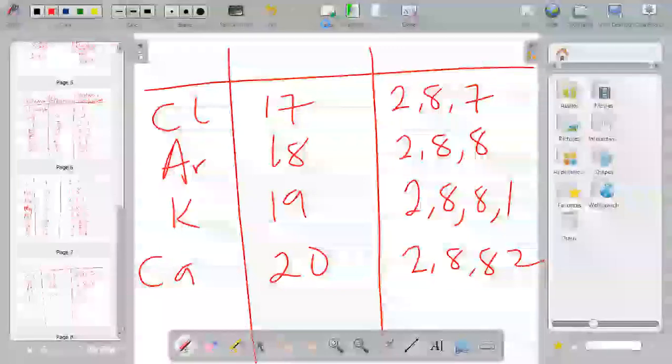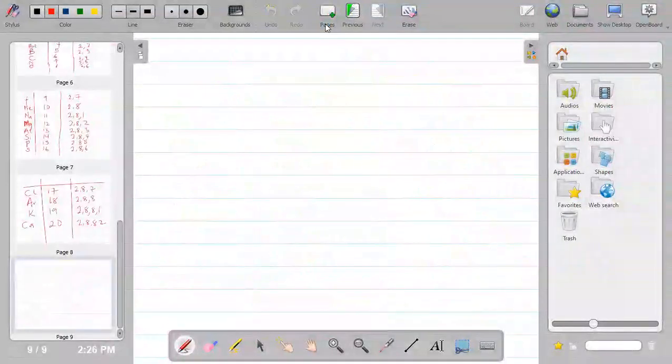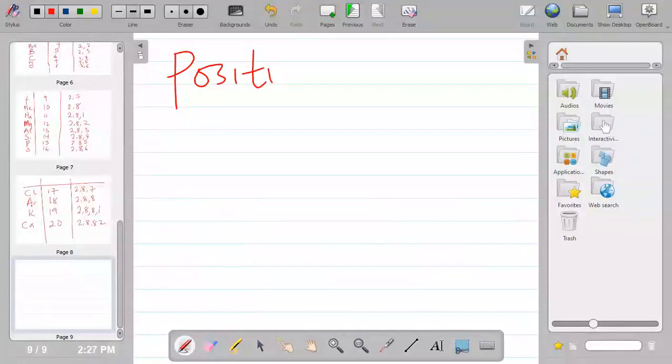So with this, I believe we now understand how electronic configuration works and how the atomic structure of an element is positioned and drawn. Now, we understand that the arrangement of electrons into shells of an atom is referred to as electronic configuration. How is the electronic configuration significant to the position of an element in the periodic table? Now, the position of an element